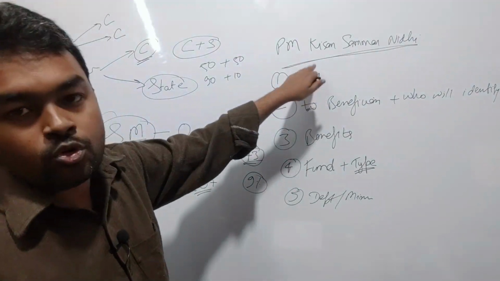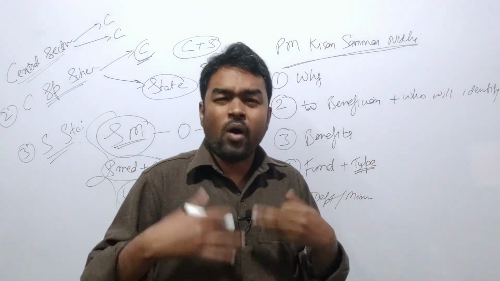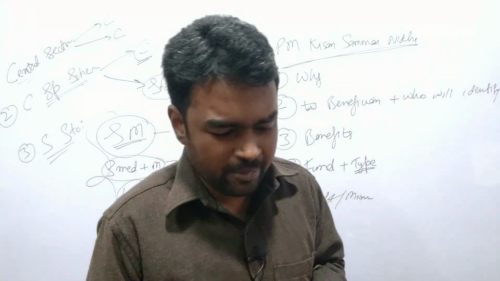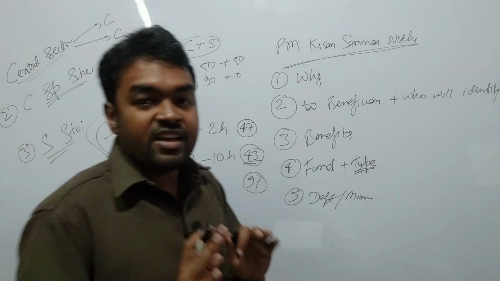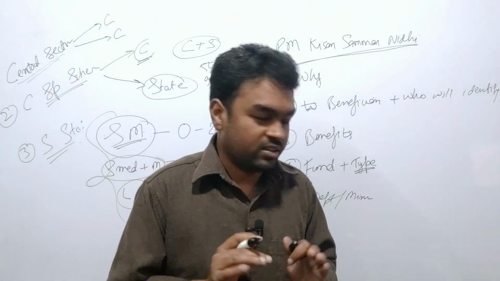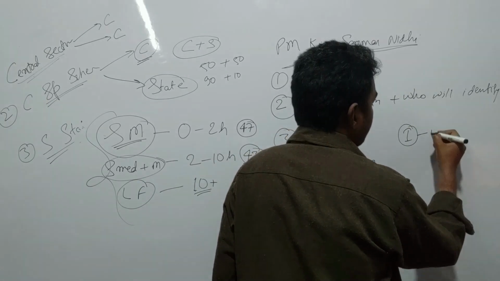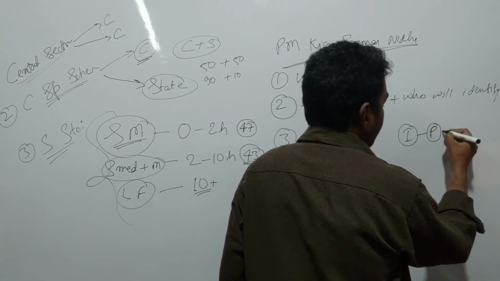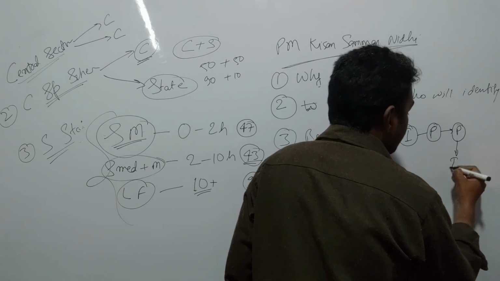Why the scheme? To give them income support to farmers. Why do we want to give income support to farmers? Because if we support the income of the farmer, then he may invest in the farm sector. If a farmer invests in his field, the productivity of the land will increase, the production will increase. If the production will increase, then his income will increase